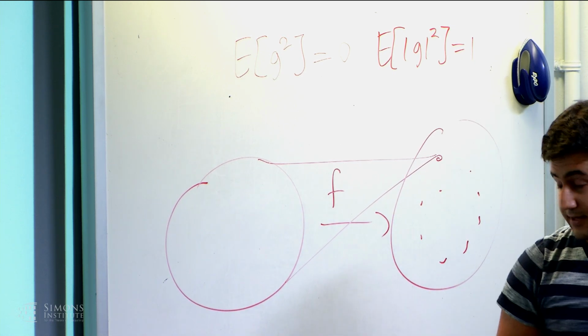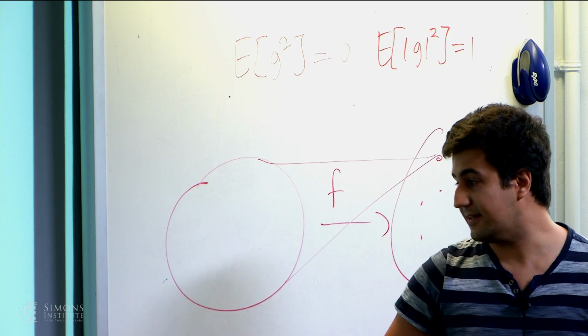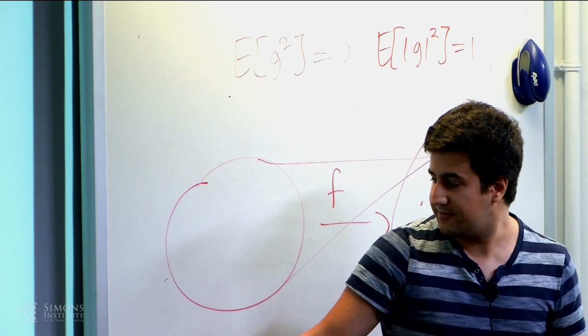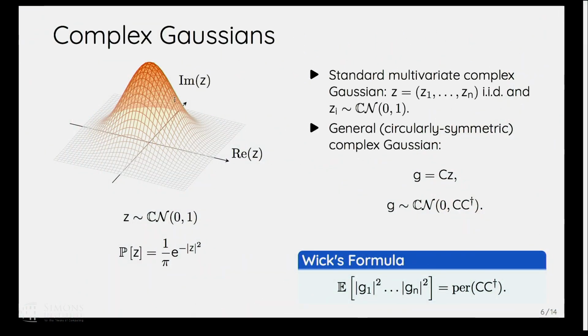All right. Now, here is the formula that relates the complex Gaussians to the permanents of PSD matrices. You just take the permanent of the covariance matrix, and that's going to give you the expectation of this thing. So you multiply all of the norms of the individual coordinates squared, and that's going to be the expectation you have. Okay. Now, why do we even care about this? Well, it's a simple observation that if you take higher powers of these norms, you can reduce it basically to this simple case. Okay. So if you want to compute, for example,